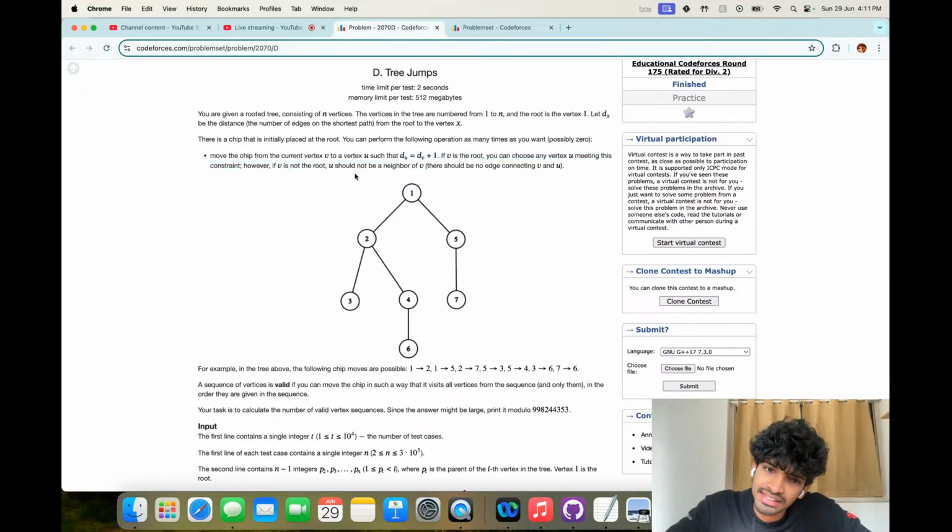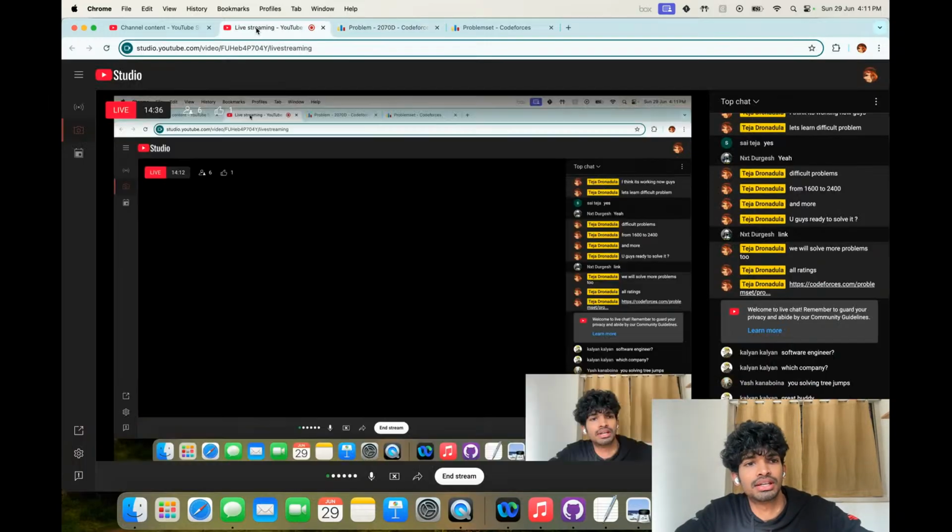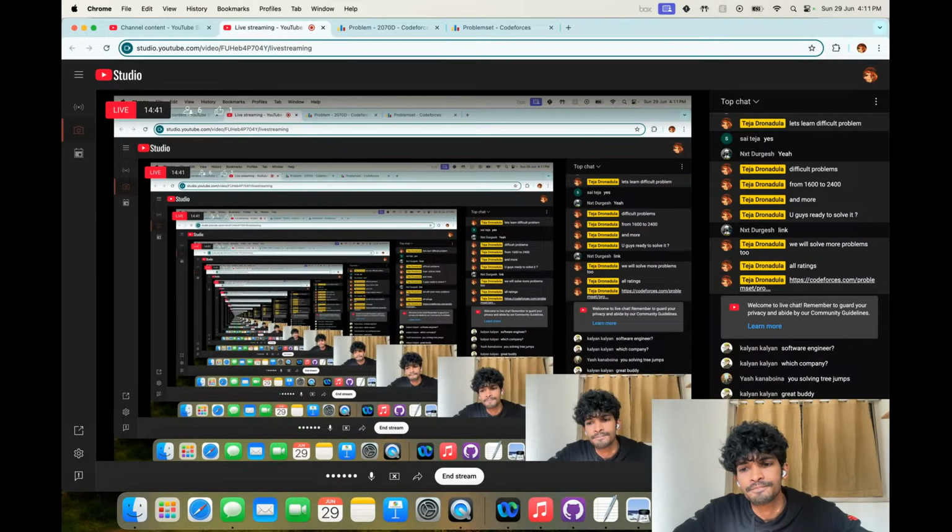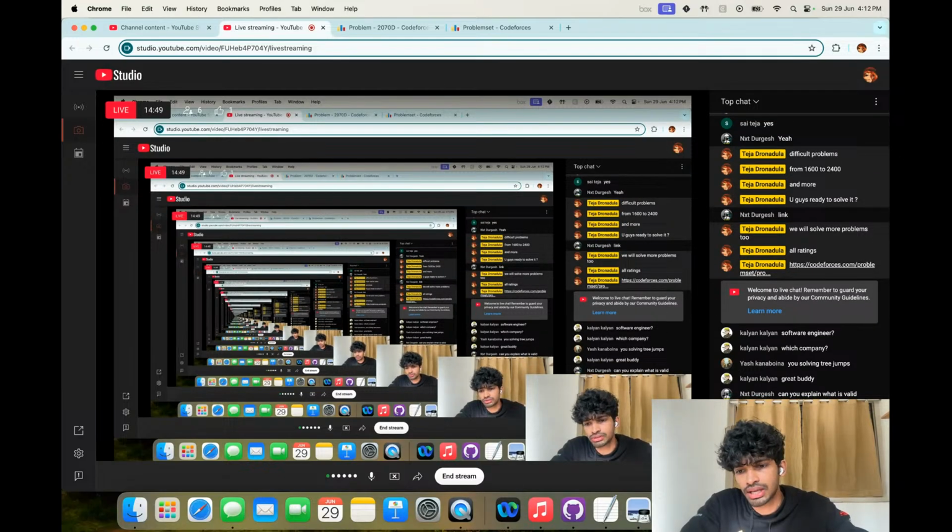We have to go to the adjacent layer. Let's say we have layers: layer 0, layer 1, layer 2, layer 3. We go from this layer to the next layer, but we don't go to the same children. We can go to anything in the next layer, but not to its own children.